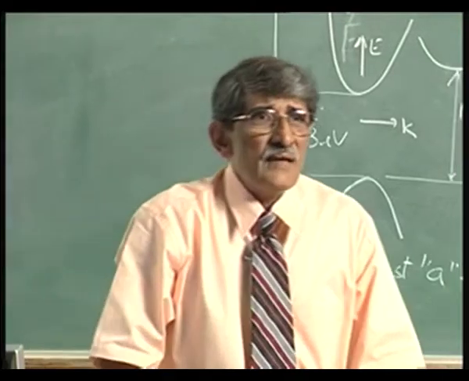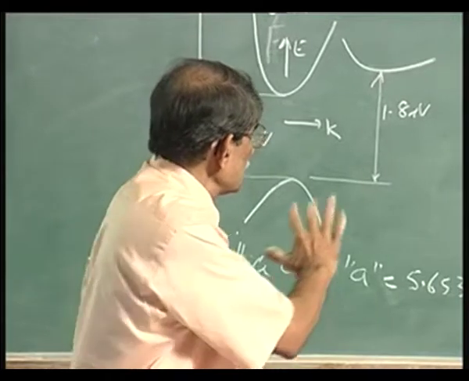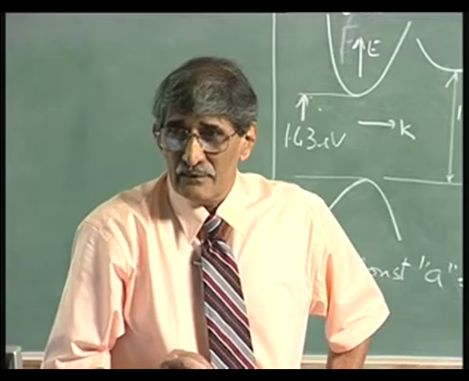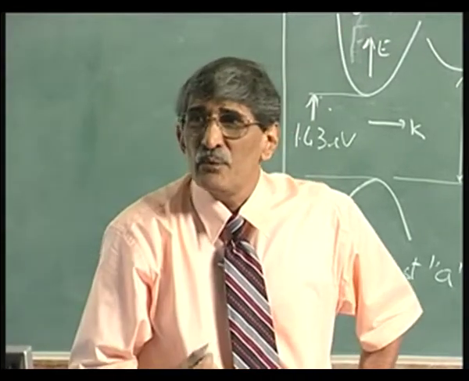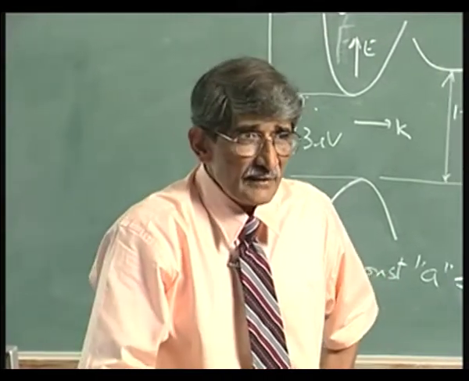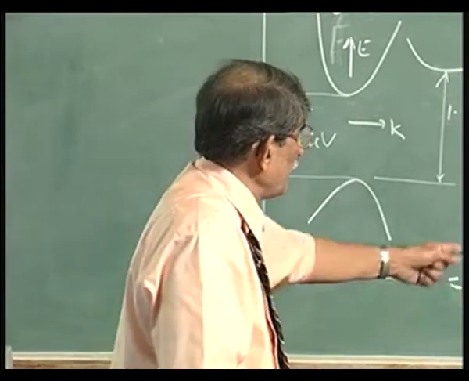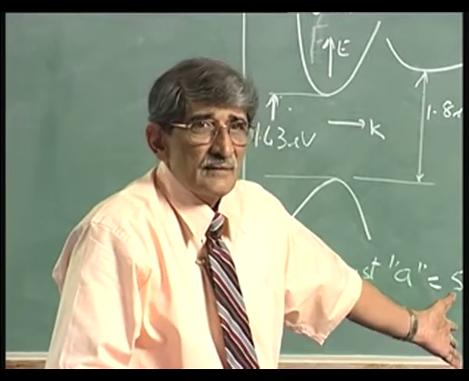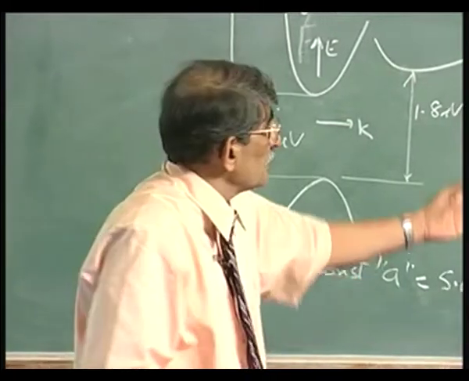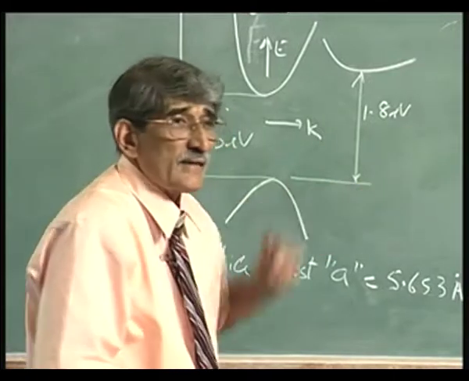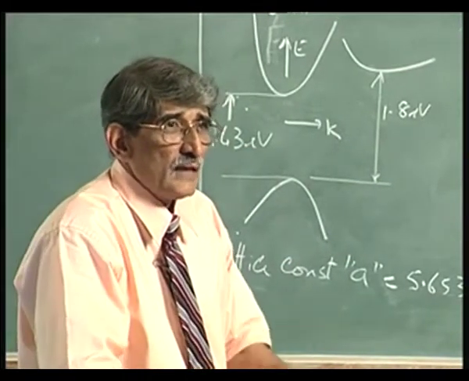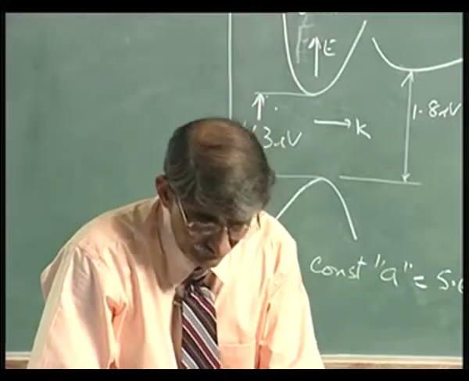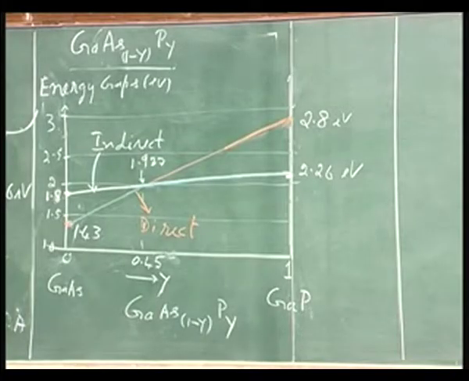So, the most interesting part of this diagram, or this exercise, is that you can make use of ternary compound semiconductors by mixing binary ones. Whether it is direct or indirect depends upon the composition. Here y, that is the phosphorus mole fraction, as it varies from 0 to 1, you will go from direct to indirect. What is the key thing here? Now, you can actually use,